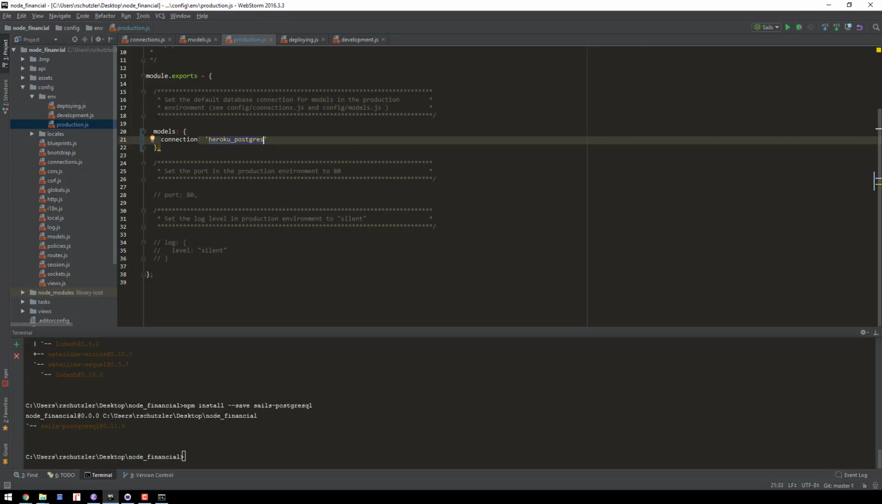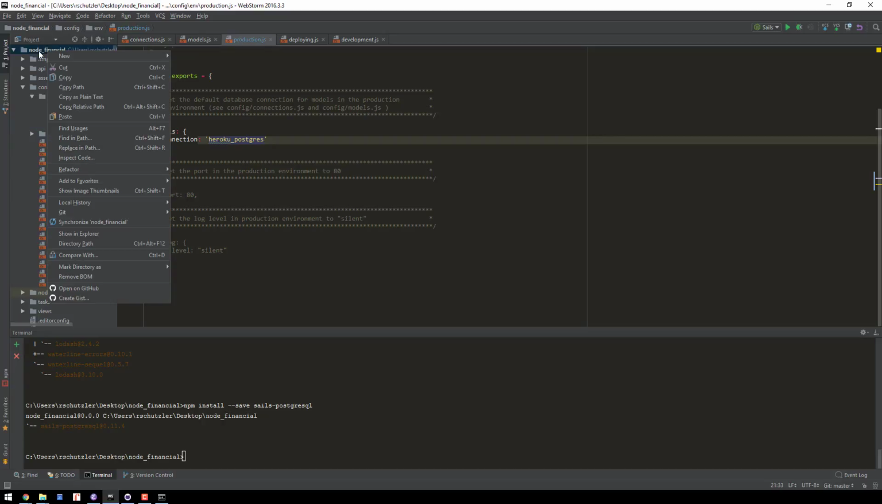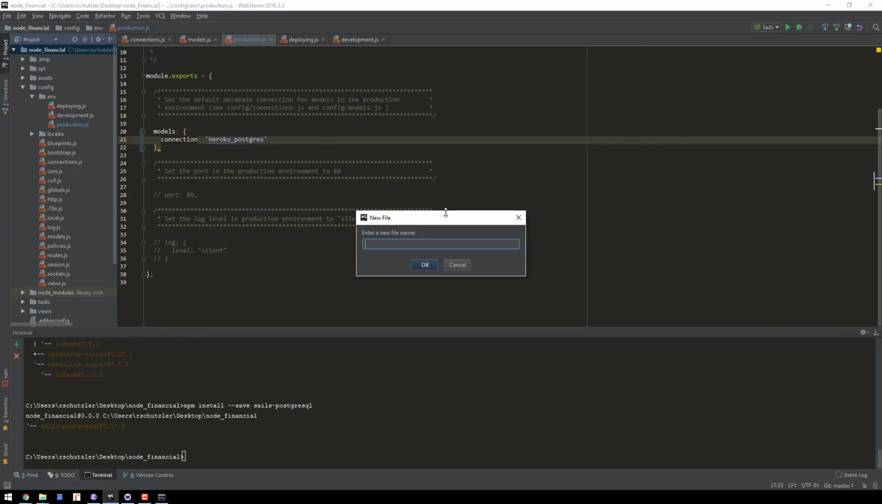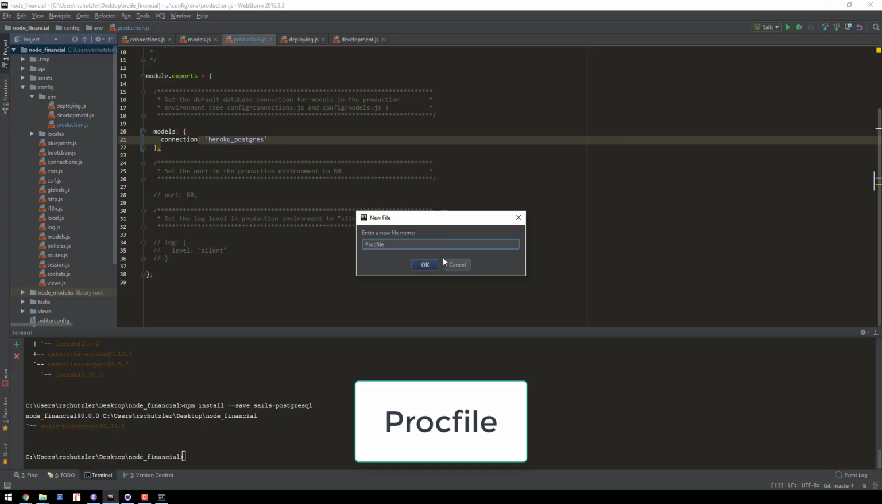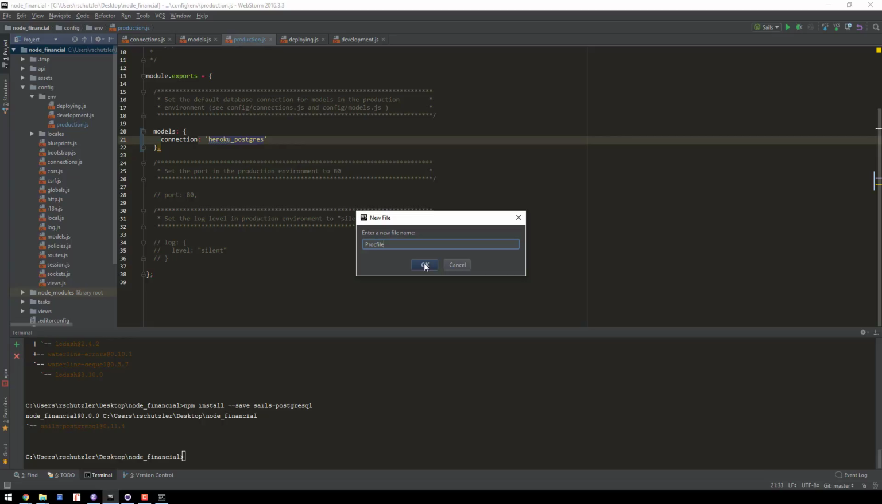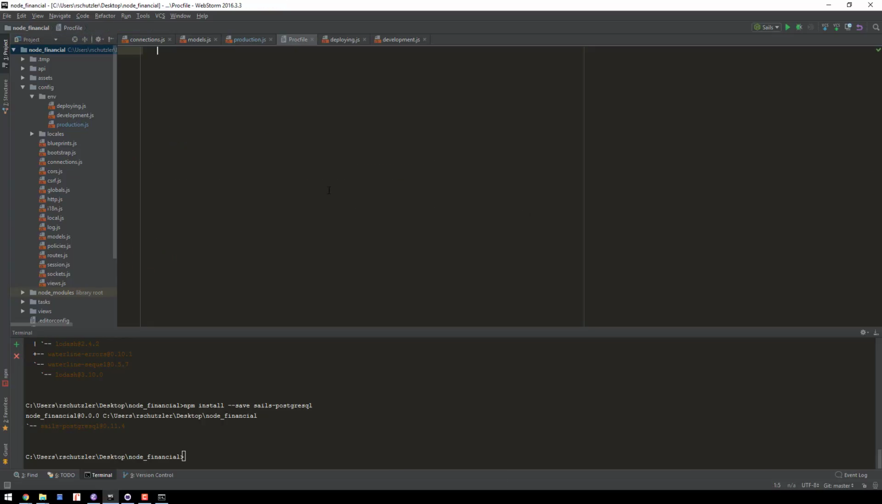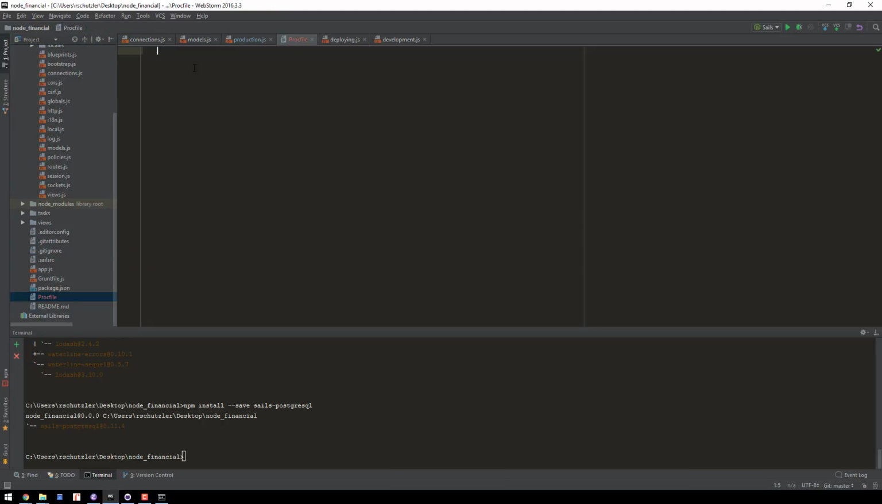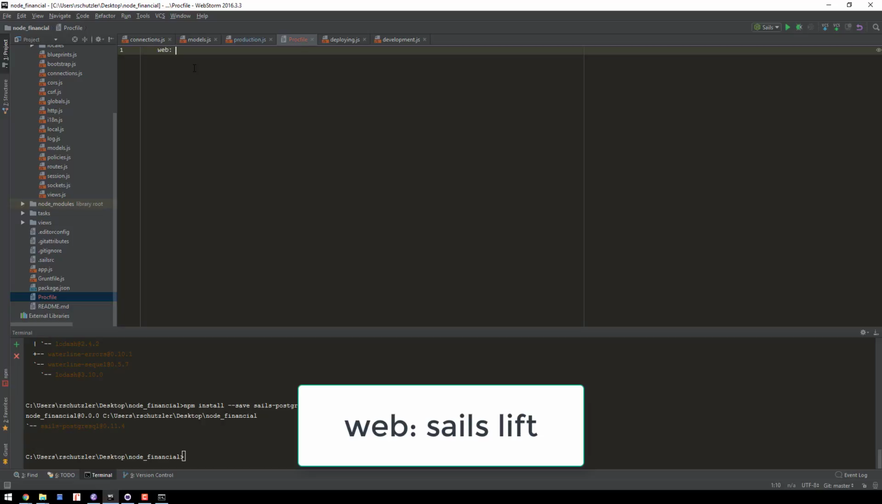Now, the very last thing that we need to do is create a new file in the root directory for the project called Procfile. Now, what the Procfile does is tell Heroku what to run to start the application. Now, it's been working fine, and it would probably continue to work fine, but just to be safe, we're going to add this Procfile. And what this Procfile does is that we're going to type